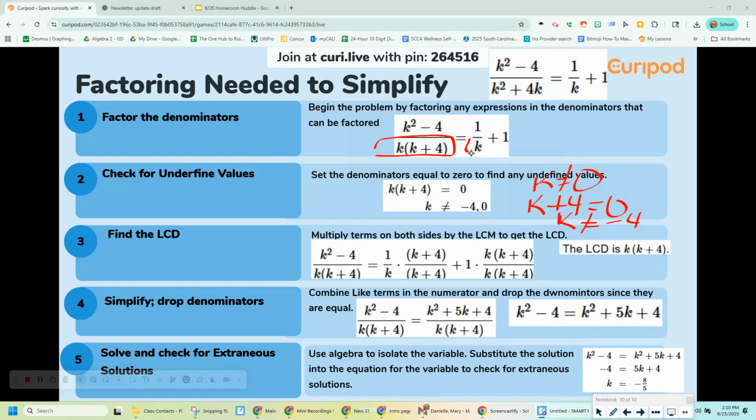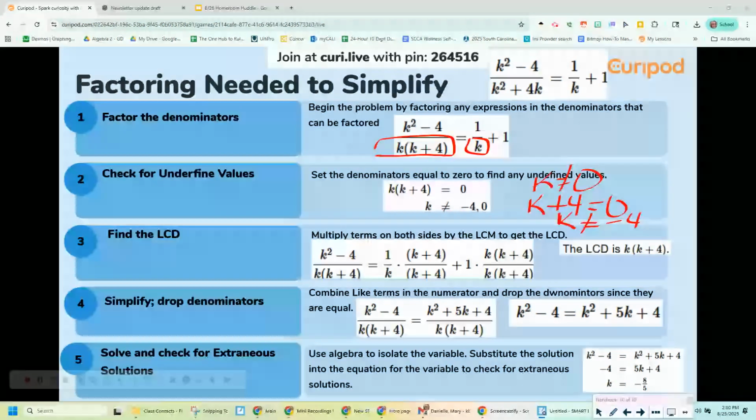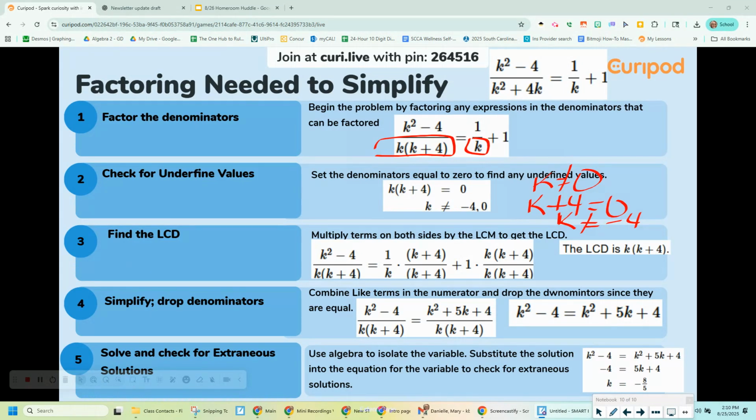The next term, k, is missing the k plus 4, so I have to multiply it by k plus 4 here. And then the 1 is missing both the k and the k plus 4, so I have to multiply it by both. That's going to leave me now with k squared minus 4 equals